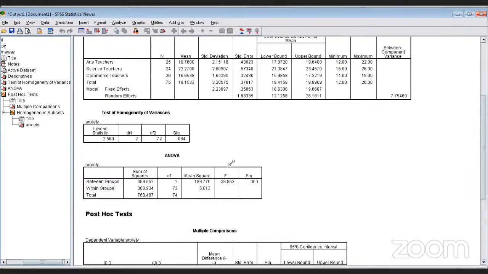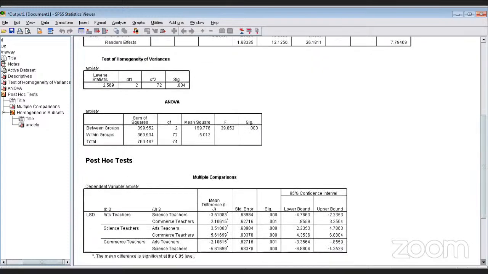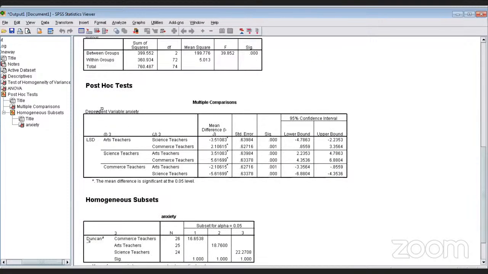Now this is my F value, and this F value is significant. You can see here 0.000, so that means the level of significance is 0.01. So that means my F value is significant. And this is my post hoc. This is the LSD, least significant difference, and this is Duncan's. So let us proceed further